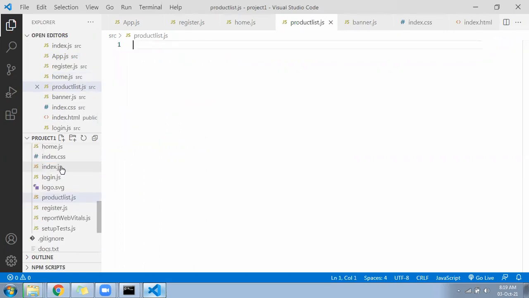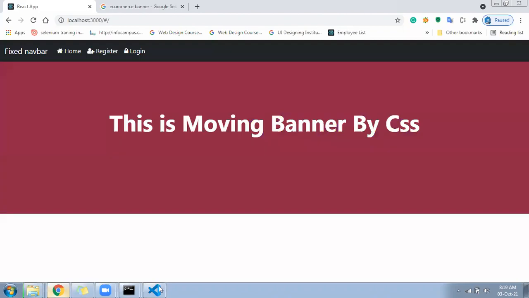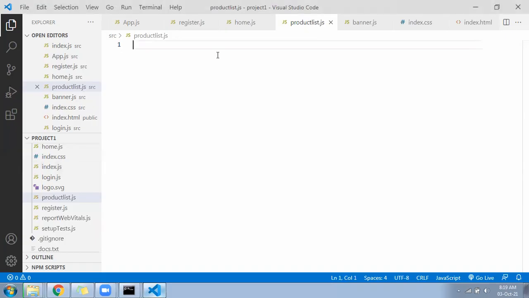Next component is productlist.js. Okay, productlist.js is ready. Come inside, import React from React.